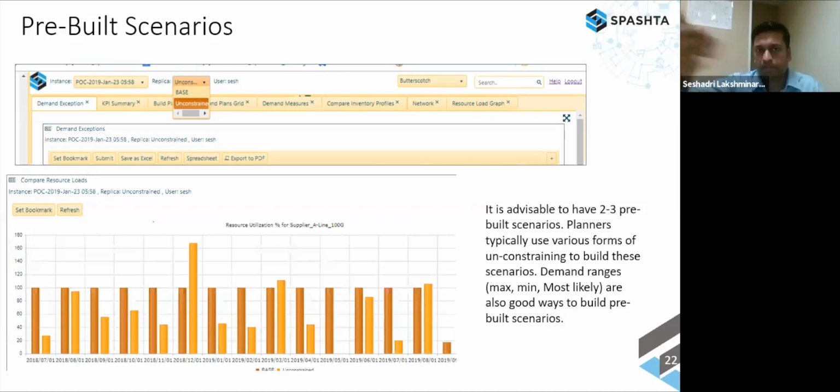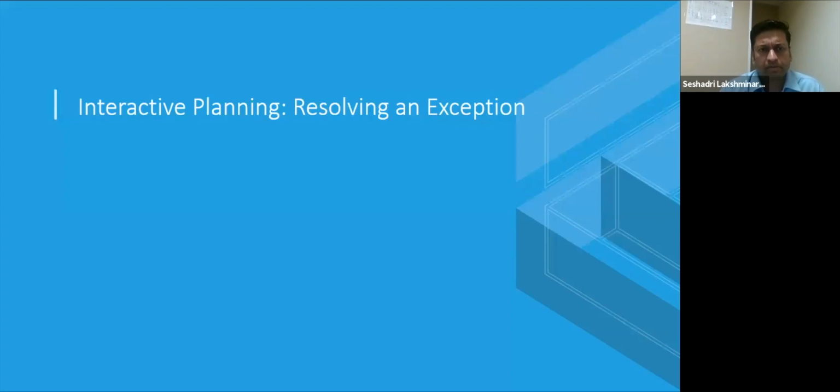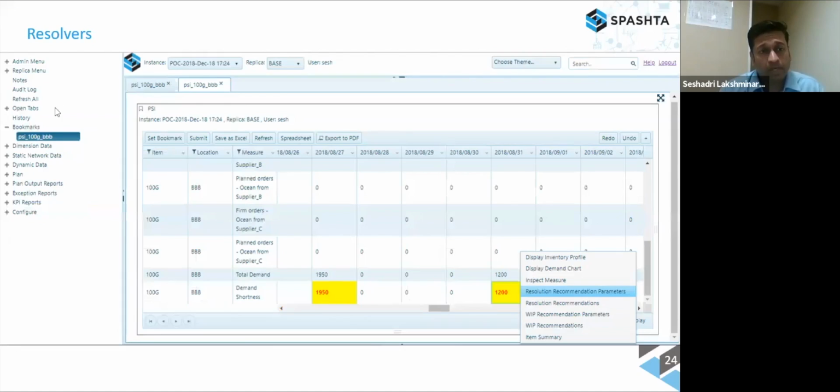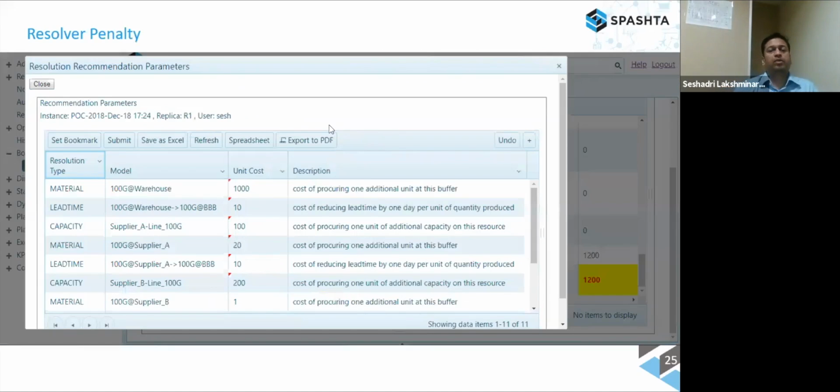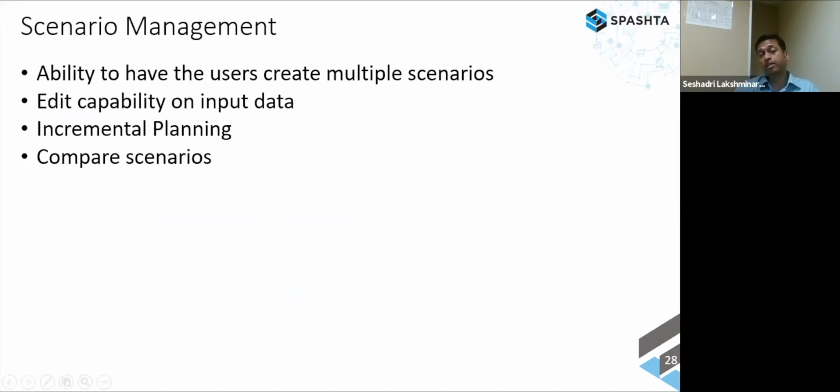I said root cause analysis, exception reports, and this is probably coming next in terms of the ability for planners to do scenario-based management, create any number of scenarios. That's one. Let me scroll through. The ability to edit the input data itself on a scenario and do incremental planning. That's very important as well. And then after they do that, compare